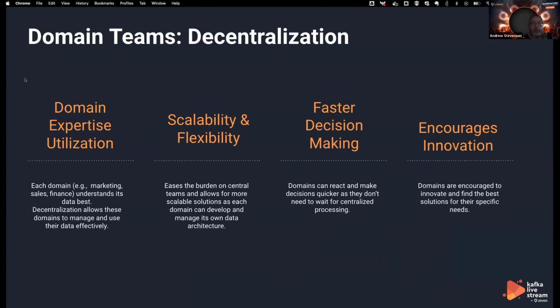So what benefits does this bring, right? We've already talked about it, domain expertise. If you're working in a specific area, invoicing, for example, or you're on an option trading desk, then typically you'll know a lot more about that data than I would if I'm coming along and trying to extract your data and put it into a data lake. It also gives you that scalability and flexibility because within your domain, you can choose the best technology that most fits your needs.